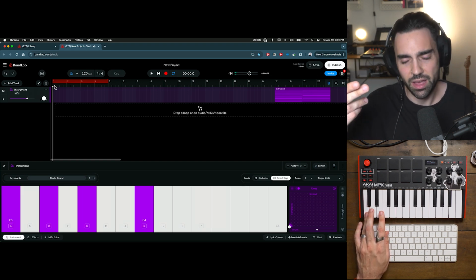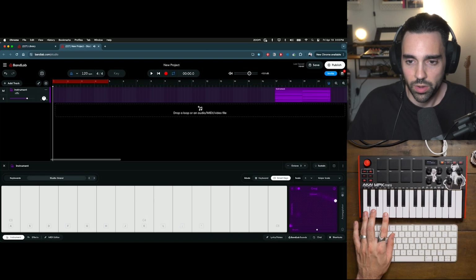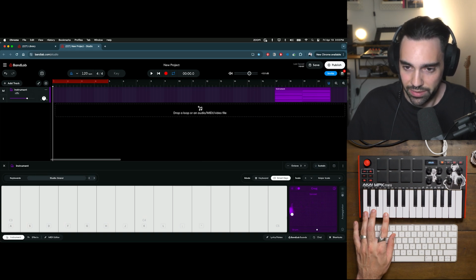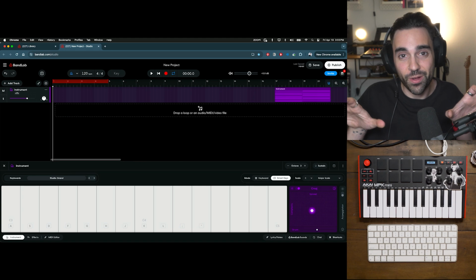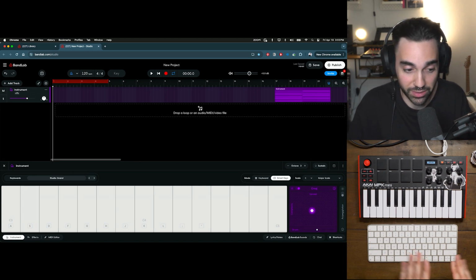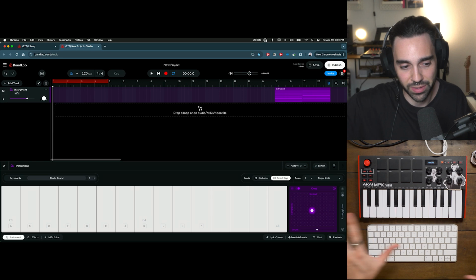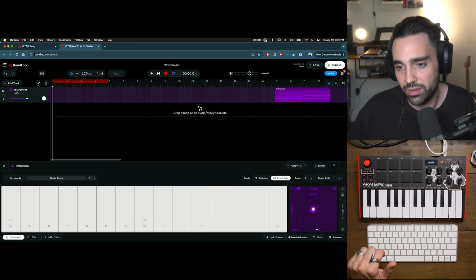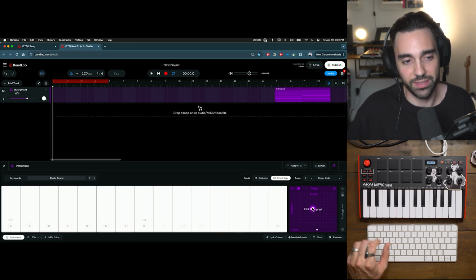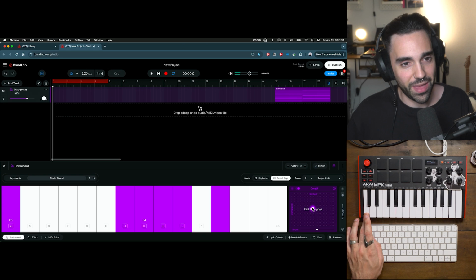And let's take it up one more level. We're going to use the Smart Chord feature here to add a little more complexity to our chord. So I'm going to use this little XY grid area. And it's also going to change the spread, so how far the notes are spread apart from each other. Because again, we have a full virtual keyboard at our hands where we can play as wide as we want. So let me just put that node right in the center and see how that changes